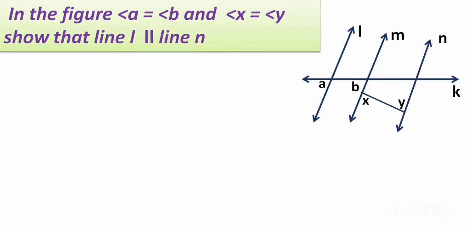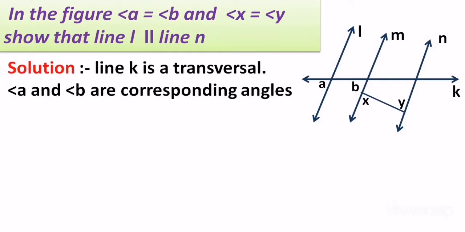If you observe the diagram carefully, you will come to know that for lines L and M, A and B act as corresponding angles, right? Both are below the transversal, both are on the same side, that is the left side of the line, correct? So we can say they are corresponding angles. And if you observe angles X and Y, they can be arranged in the shape of Z, so they are alternate angles for lines M and N. So once the observation is done, we can go ahead.